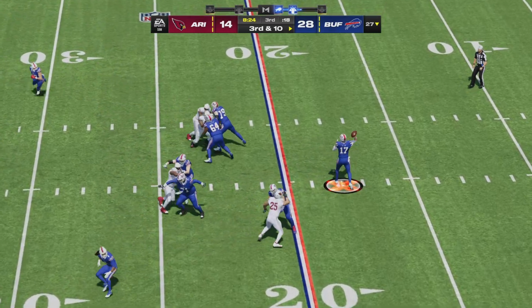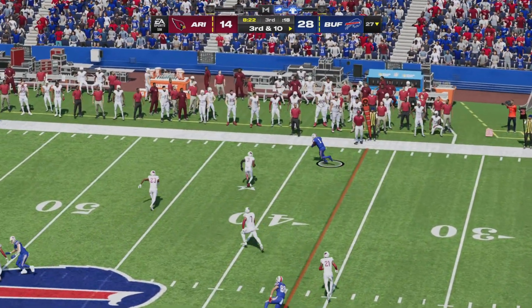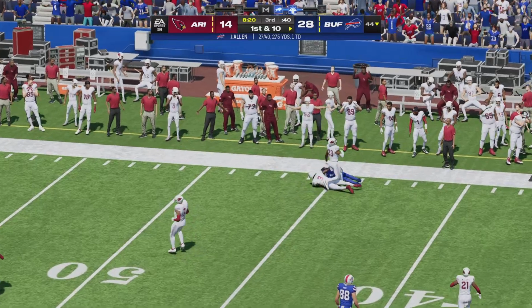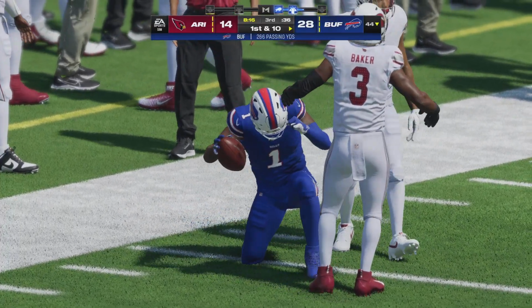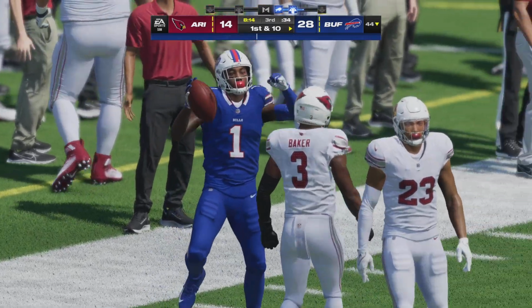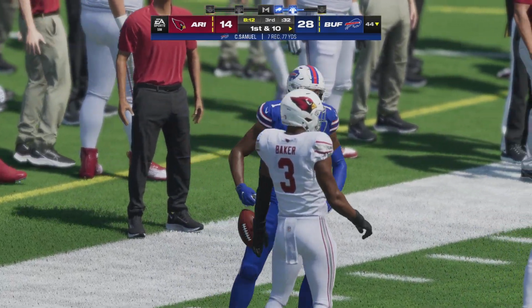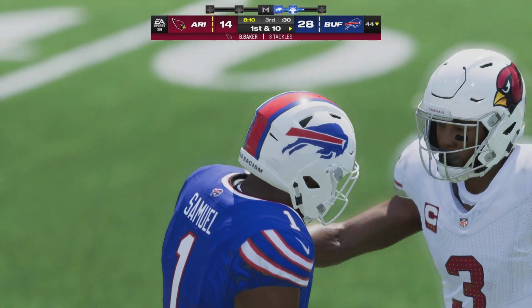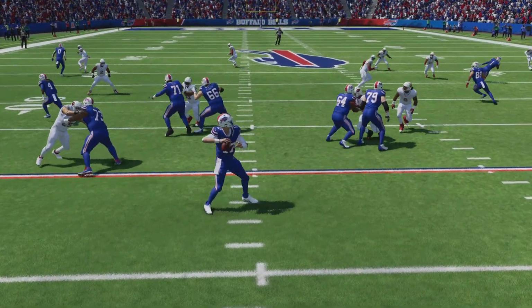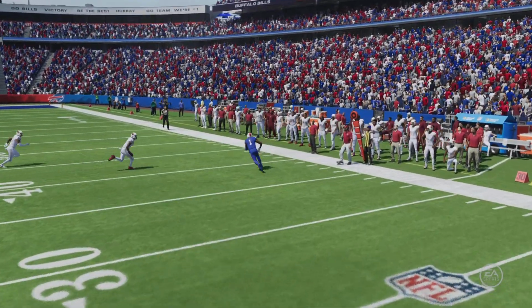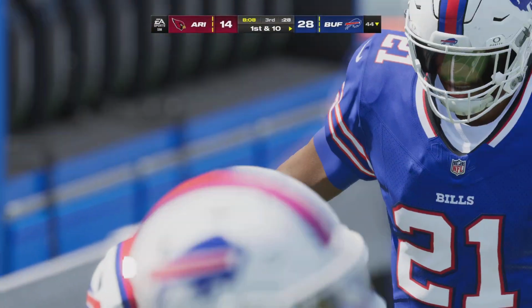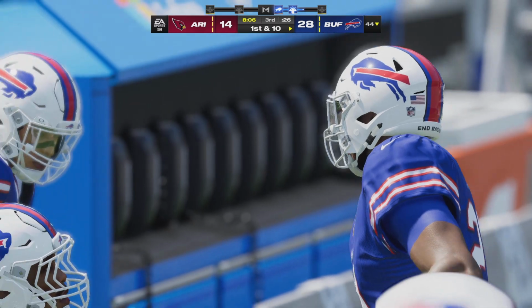Throwing is Allen on 3rd. He's got his target. That's complete. And he's going to have the Bills' first down as they're able to get the 3rd down conversion. That's another beautiful throw right there. Gets it to his man right in stride. And I think that throw kind of exemplifies what we've seen from this offense throughout this game. They've been in rhythm, they've been sharp, they've been on it, and they pick up another first down there.